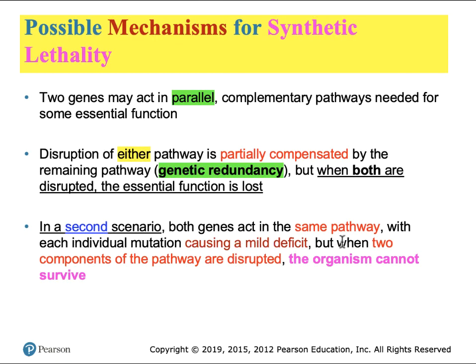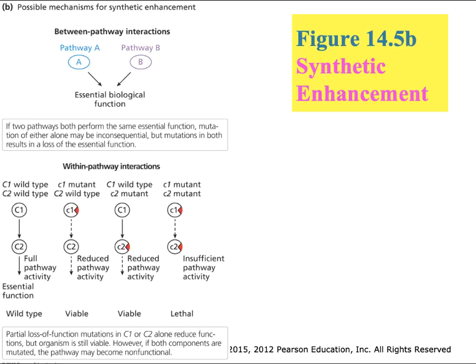Or you could have a deficit in the second half of the pathway. So the first part of the pathway is fine, and the second part is reduced. And the word reduced is very important. And if the second pathway is reduced, you have the same outcome as the first pathway. The amount of final product may be 50% of what it has to be, but enough to keep the organism